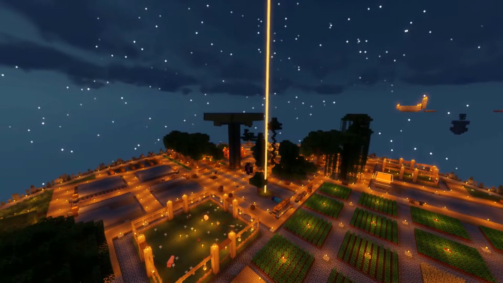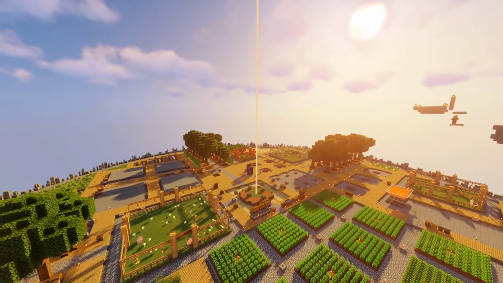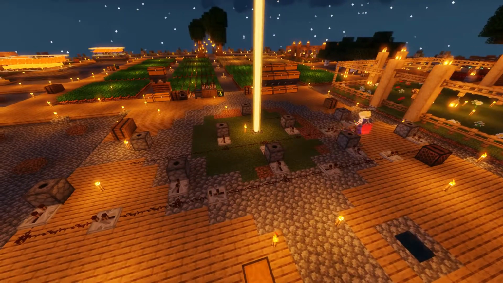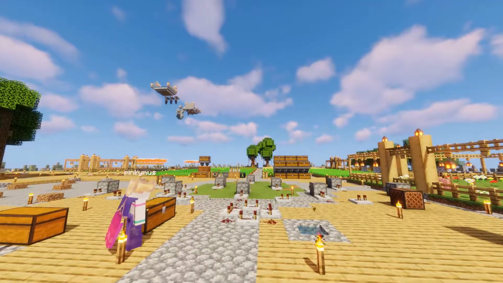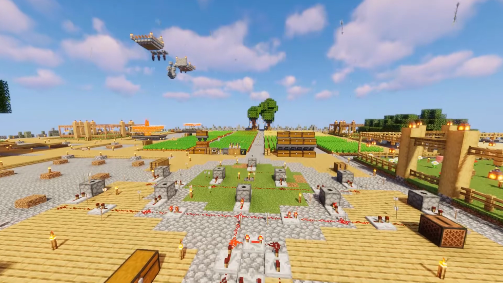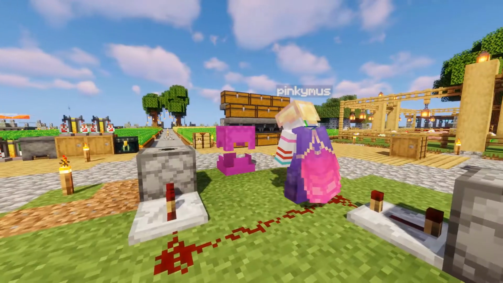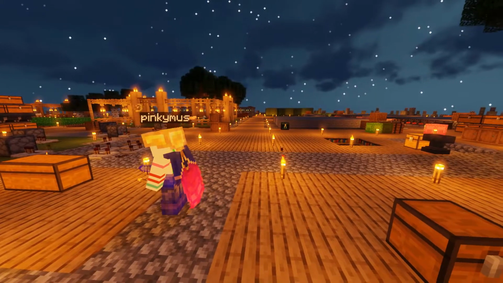But since that was a pretty boring process, let me just... ta-da! I had also planned out the placement of the dispensers that were gonna shoot out the fireworks. Then I used some arrows to test the timing of the display and make sure it was to my liking. When I was satisfied, I filled in all the fireworks, and now the only thing left to do was wait